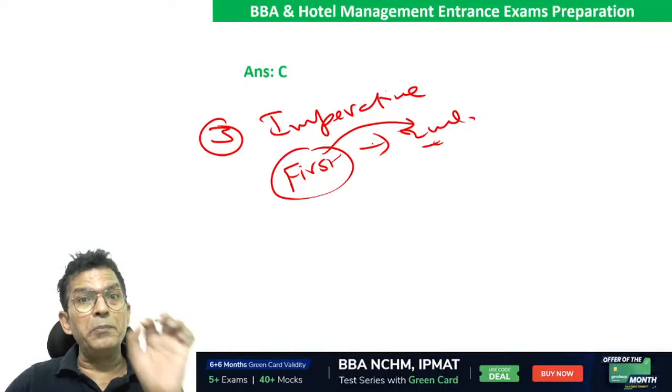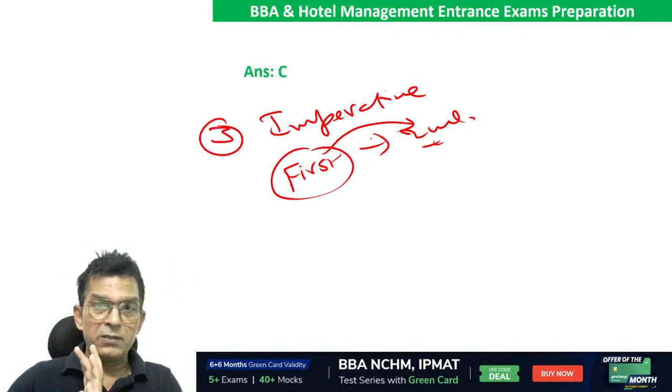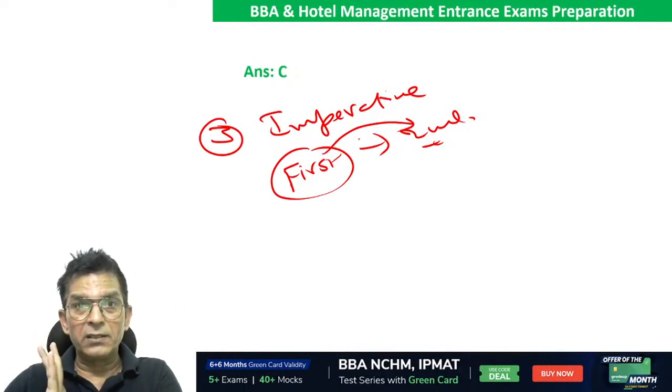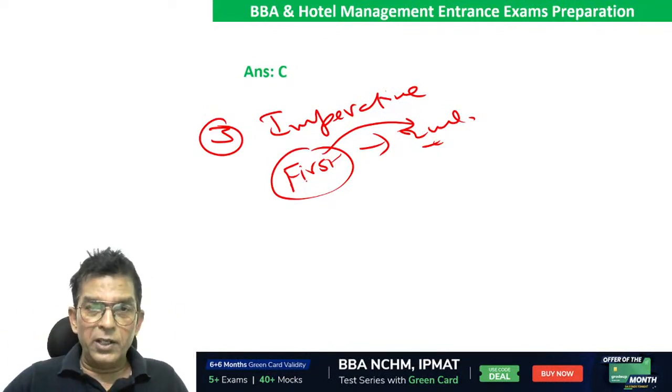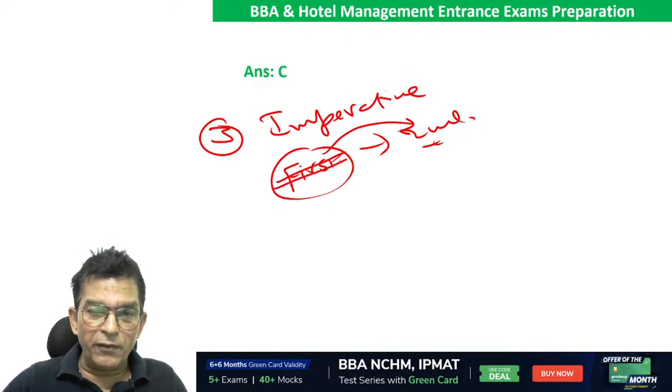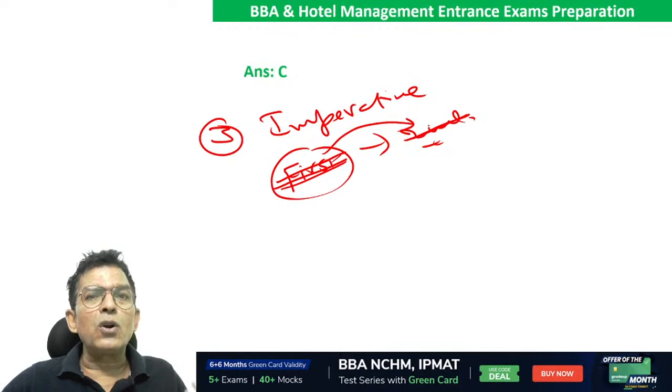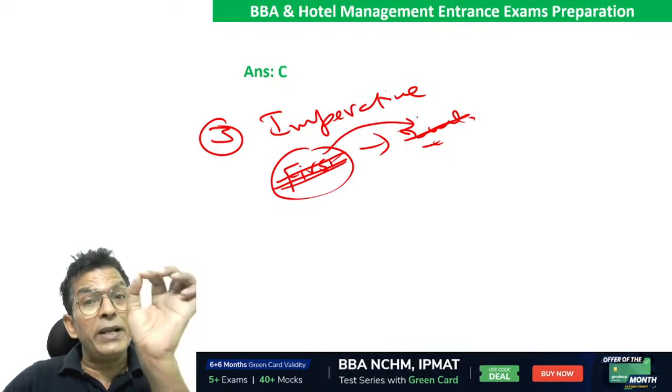Always remember, an imperative is always between the first and the second persons. The first person tells the second person to do something. And the issue is the first person will never be there in the sentence, and sometimes even the second person is not seen. Only what has to be done,